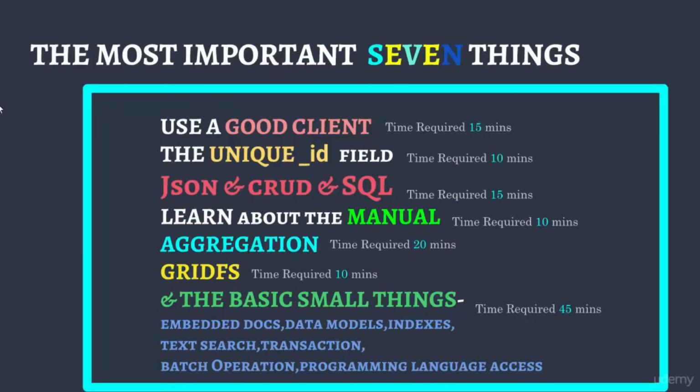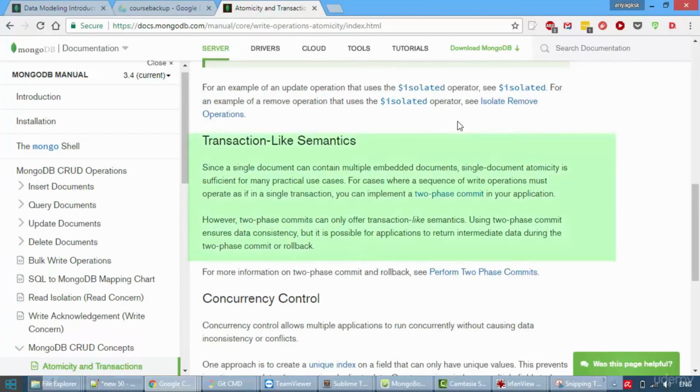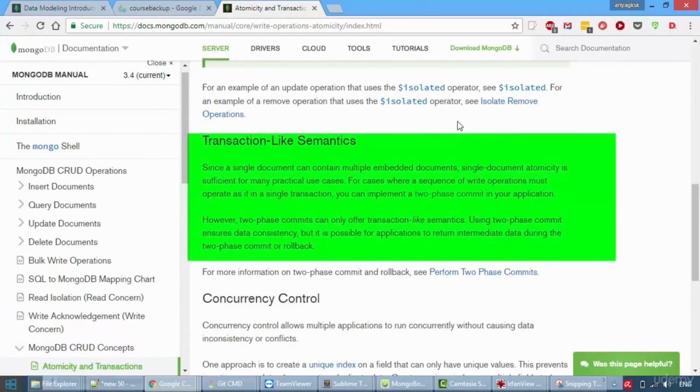MongoDB is primarily an OLAP database, but it can be used for OLTP purposes also. MongoDB supports atomicity for a single document operation. Also note that you can have multiple documents within a single document. So this gives a traditional OLTP table-like feature. You need to learn about that. This is the documentation page for that.